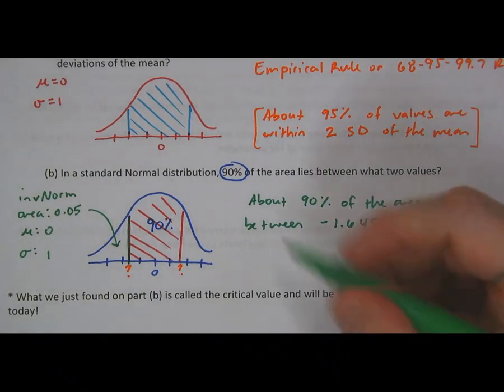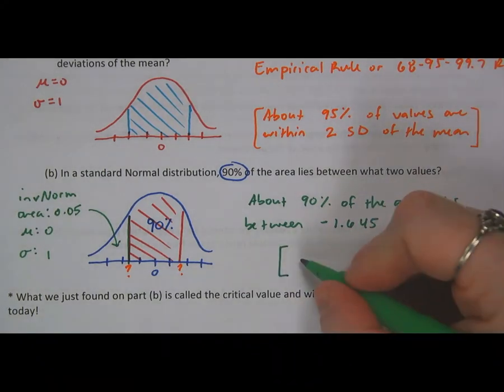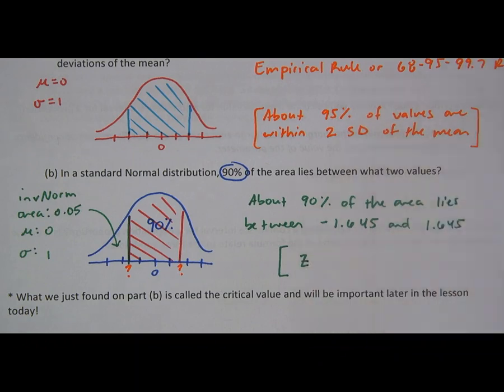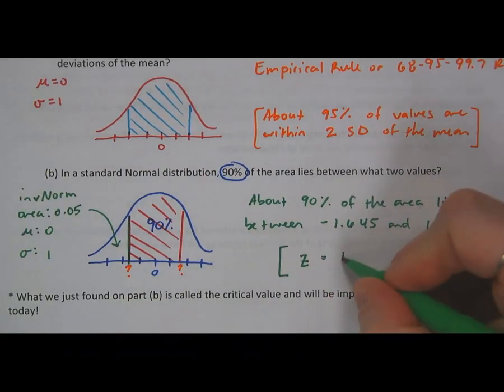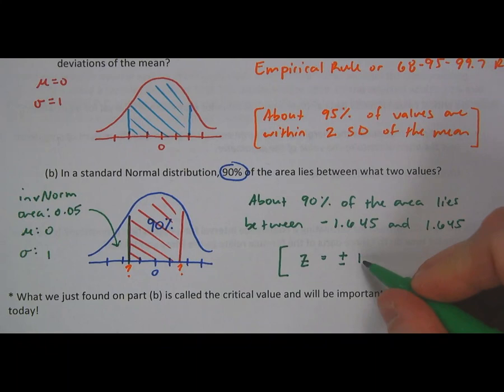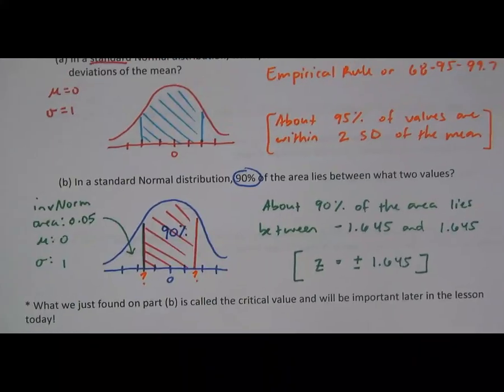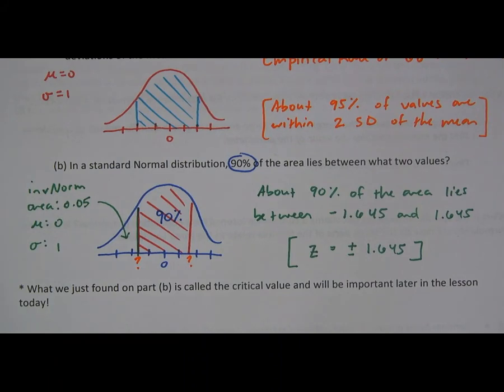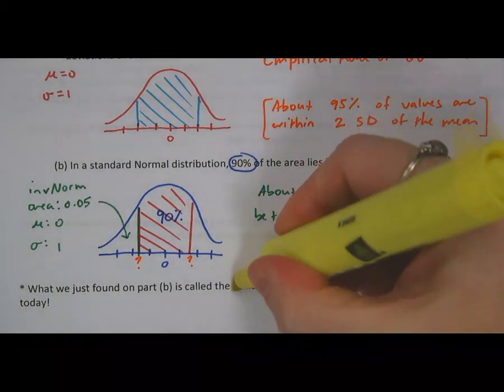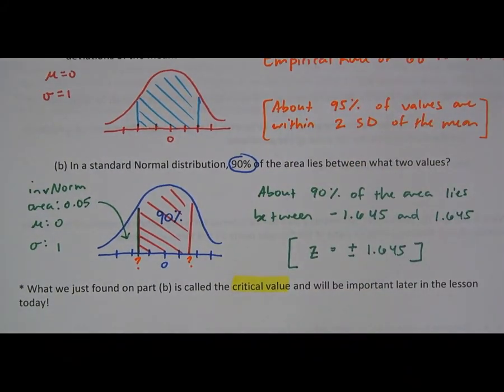And another way of saying that is, and I'm going to show you this in just a second, z, because this is a z-score, a z-value essentially on a standard normal curve. The z-value that we just found would be positive or negative 1.645. And what you just found is very, very important. It's called a critical value. When you find that z-value, you found something called the critical value, and it's important in the lesson later today